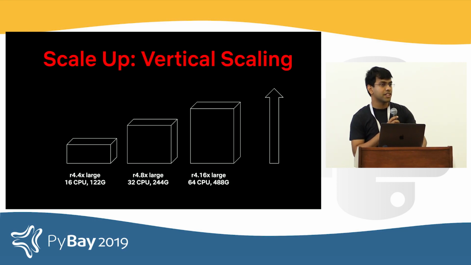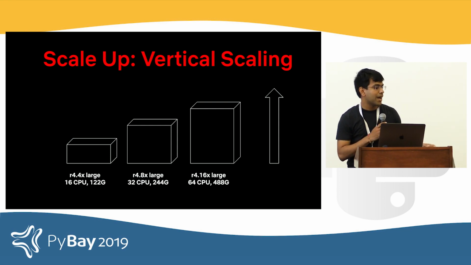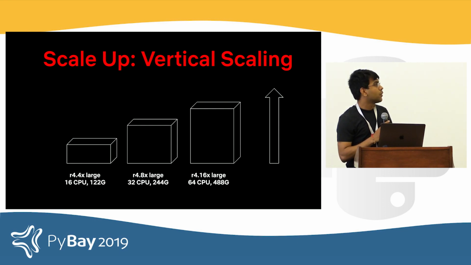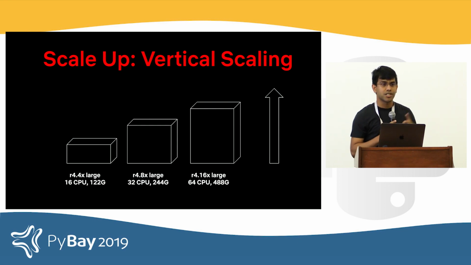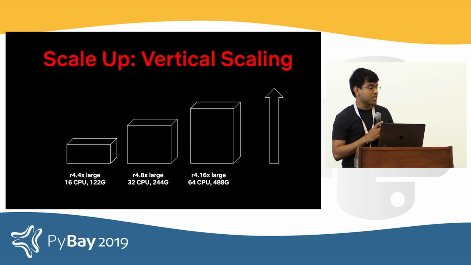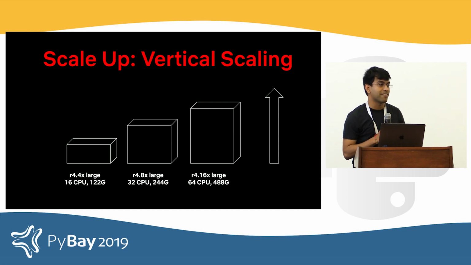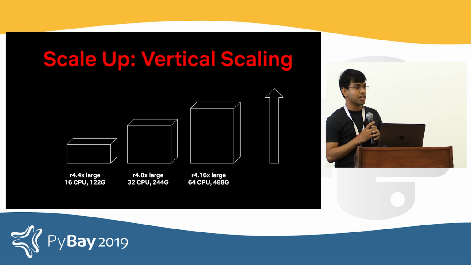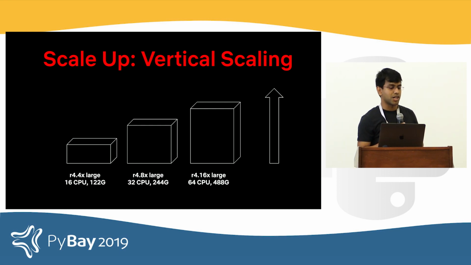While 150 gigs might seem quite a bit to load into your laptops, it's actually not that bad if you look at some of the big machines that we have at our disposal nowadays with cloud providers like Amazon with AWS and Google with GCP. Here in the slide, I pulled some numbers from Amazon about the EC2 instances with the largest easily over 500 gigs and over 64 CPU cores. Therefore, scaling up or vertical scaling, where you actually add more resources into your existing machine, in my mind, is a good idea always to start with.